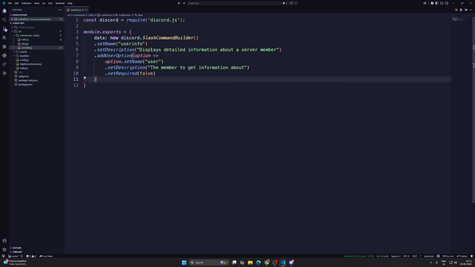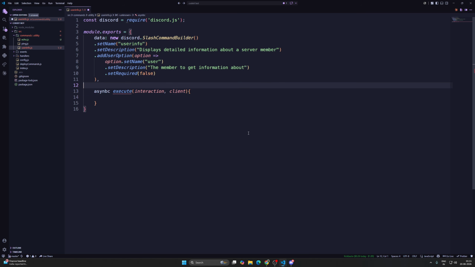So if the user doesn't mention any user, we will give information about the user itself. Like if I use the user info command and if I don't mention any member, then the bot would return my information. So for that, again async execute, and here interaction, and then client, done, async execute, okay, okay,